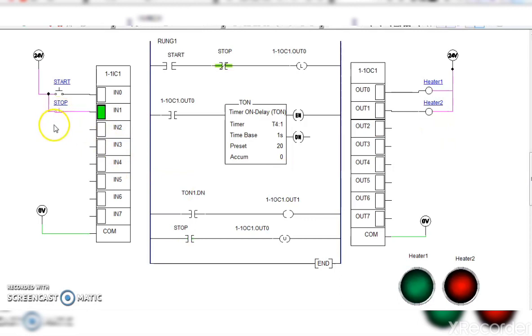Okay. Once again I will repeat. Start switch is pressed, latch coil, heater 1 started, timer started. It will go up to 20 seconds and then check, this switch will get, then bit will get activated. Okay, that means out 1 is energized and heater 2 is started. They are continuously on. Okay, now stop switch will unlatch coil energize and everything will be stopped.